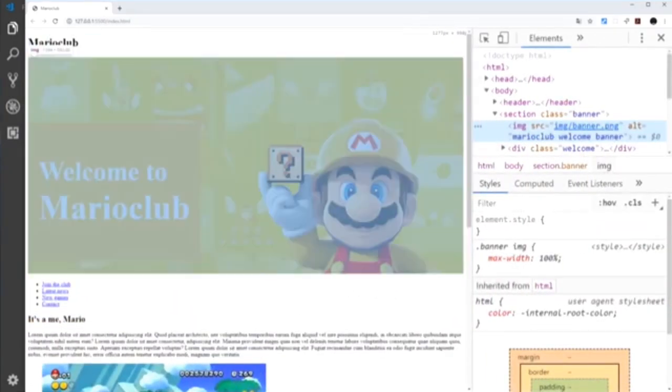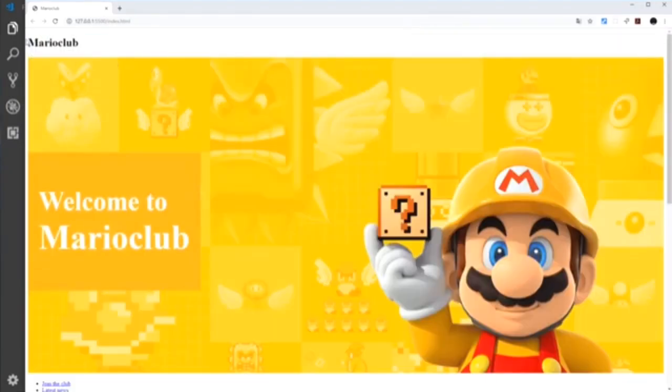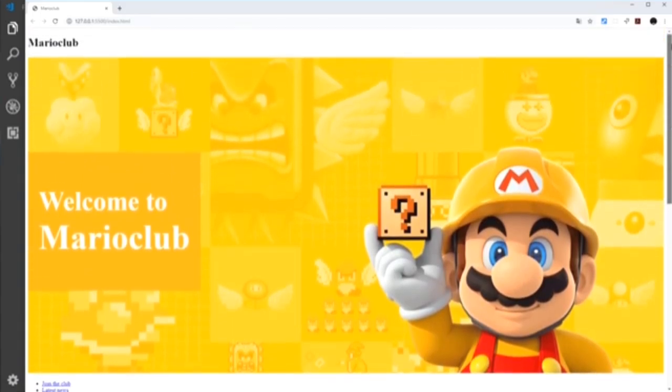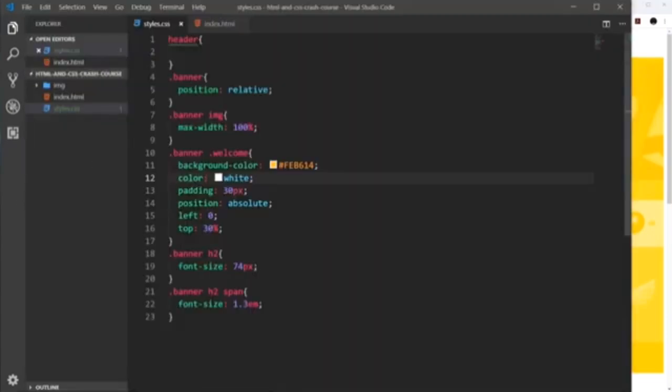Okay, so what I'd like to do is position the header at the top, this thing up here, fixed to the viewport, so it's always at the top, because right now, if we scroll down, we lose that header. I'd like it to stay at the top all the time. So to do this, we're going to position this header as fixed. So over in the code, we already have a